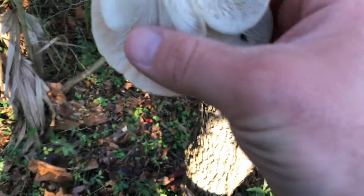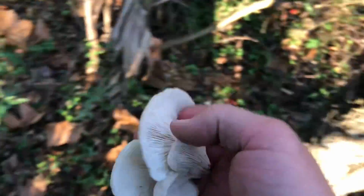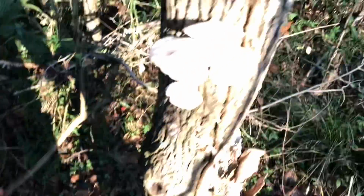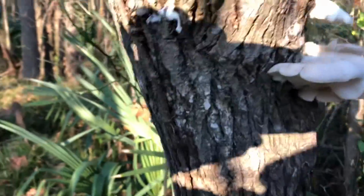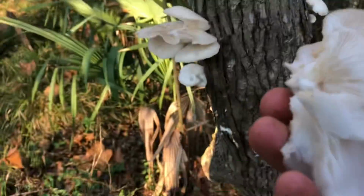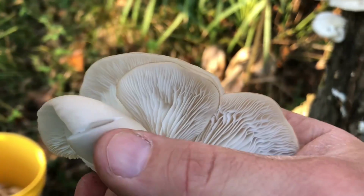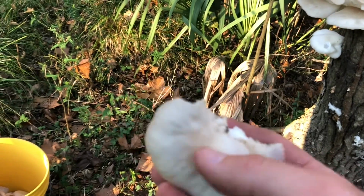So yeah, I think a little bit of research, maybe somebody to help you the very first time. This is a pretty easy mushroom to go and pick without much danger of picking the wrong one and getting poisoned. It can happen, so I wouldn't recommend using a short little video like this as your only source of information. But